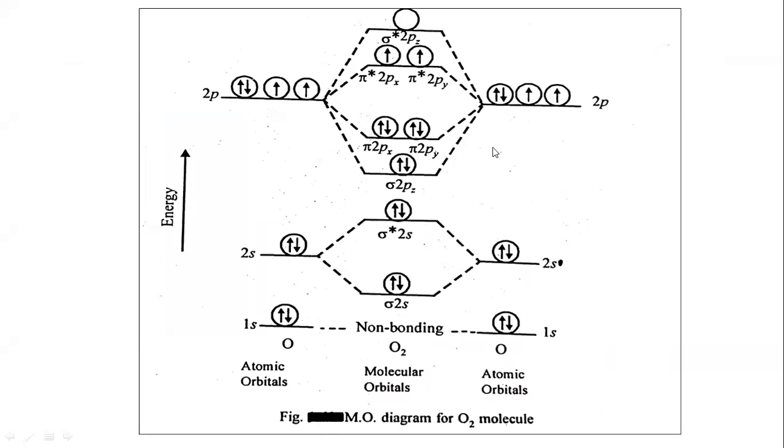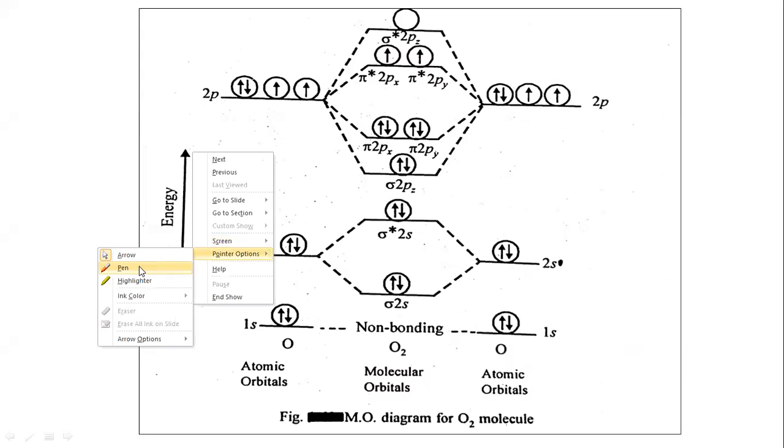So in this lecture, I would like to discuss the molecular orbital energy level diagrams of oxygen, fluorine and neon molecules. So I am going to draw those diagrams here. In the previous lecture, we discussed how the formation of molecular orbitals takes place: bonding molecular orbitals, antibonding molecular orbitals, sigma molecular orbitals, pi molecular orbitals, and we also drew some MO diagrams of molecules like the H2 molecule, lithium molecule, beryllium molecule, then helium molecule. So today I would like to draw